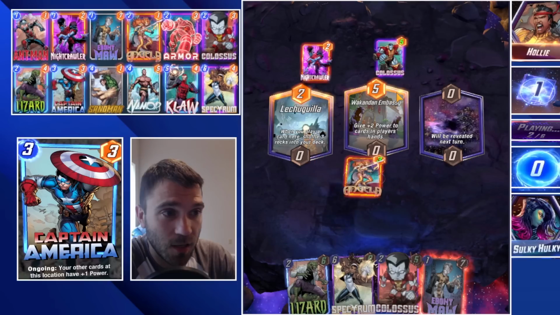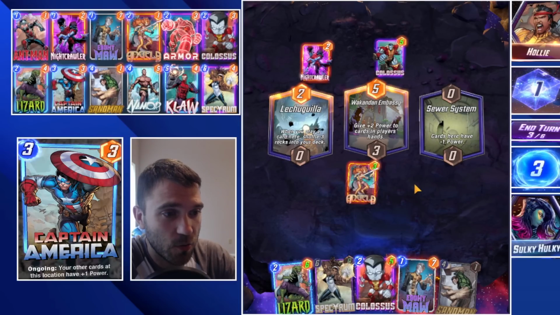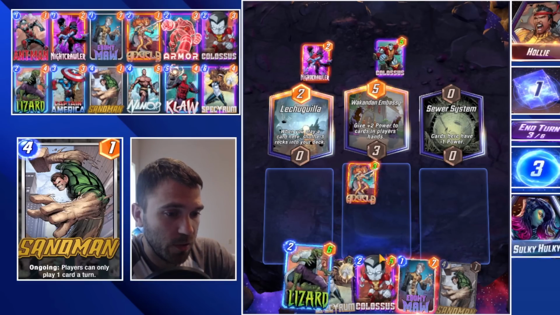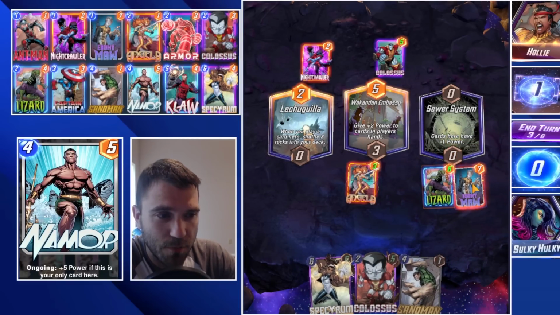So they do have a Colossus as well. And so this turn, we do want to drop our Ebony Maw. The sewer system is going to reduce the power level of additional cards that we drop there. So do we want to do something weird and go with a high power push of Lizard, Ebony Maw into